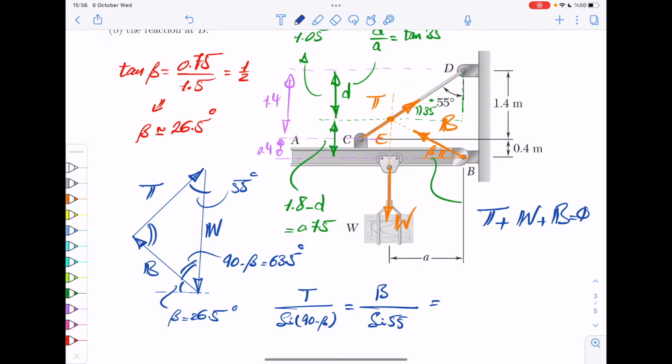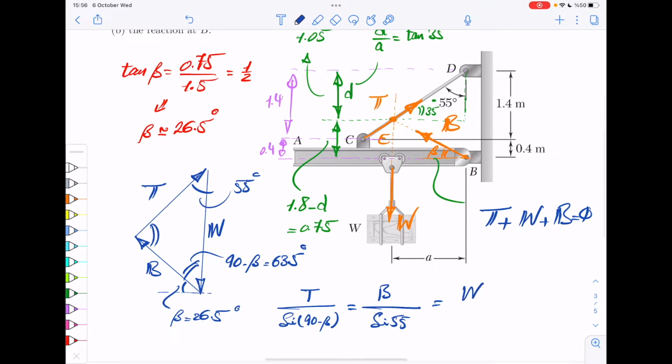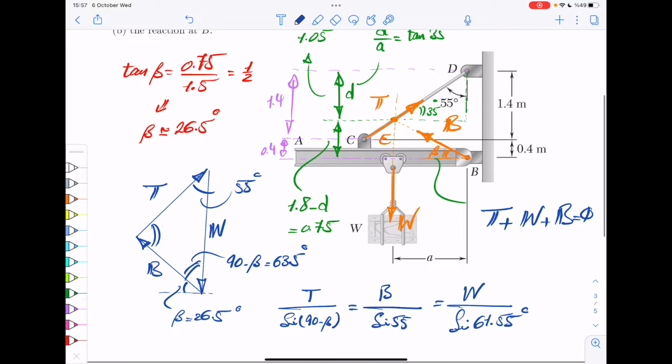And that is equal to W divided by sinus of the angle also in front of it, and now that angle would be 61.56 almost, or 55, let's say. So this is this angle. Again, the drawing is a little misleading. It looks like 90, but it's actually 60 almost. So now